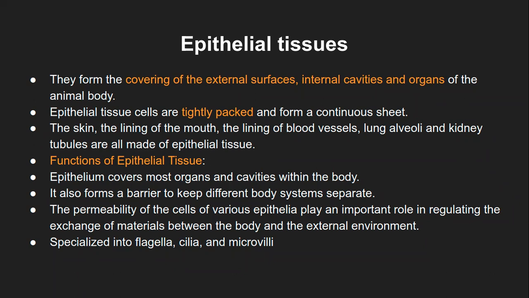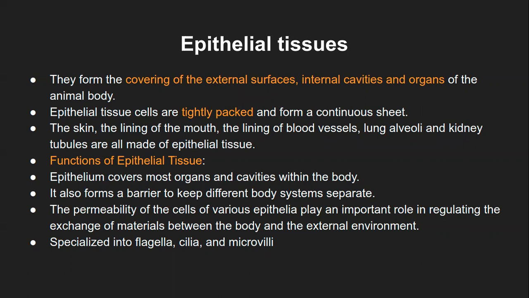Usually, epithelial tissues are present on the covering of the external surfaces. That means, for example, if you have a liver, you will have epithelial tissue on its external surface, or the internal cavities. Let's say you have the intestine, the innermost lining, or what we call the lumen of the intestine, that is the inner cavity, and it will have epithelial tissue. And some organs, like for example the heart or brain, also have this epithelial tissue. So that is where the location is.